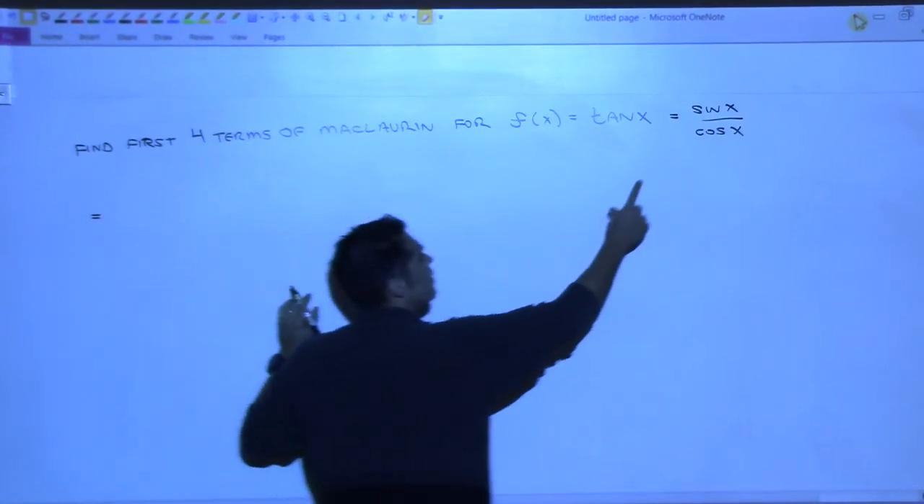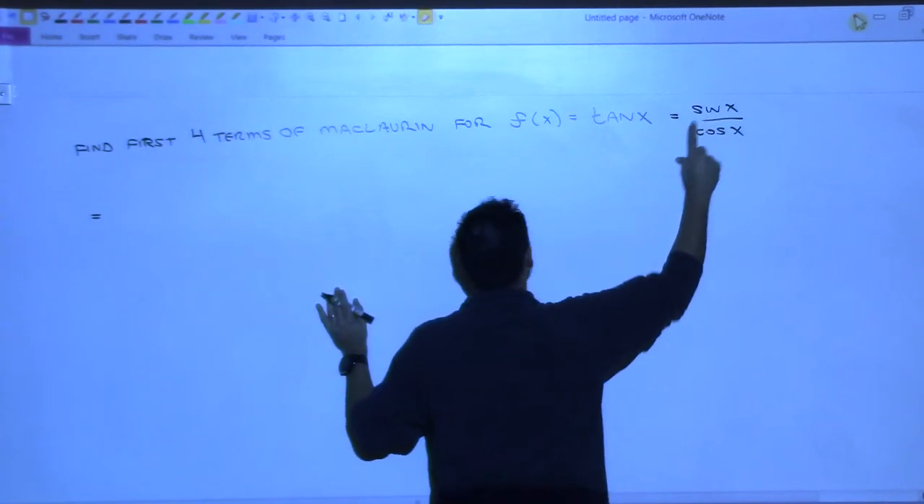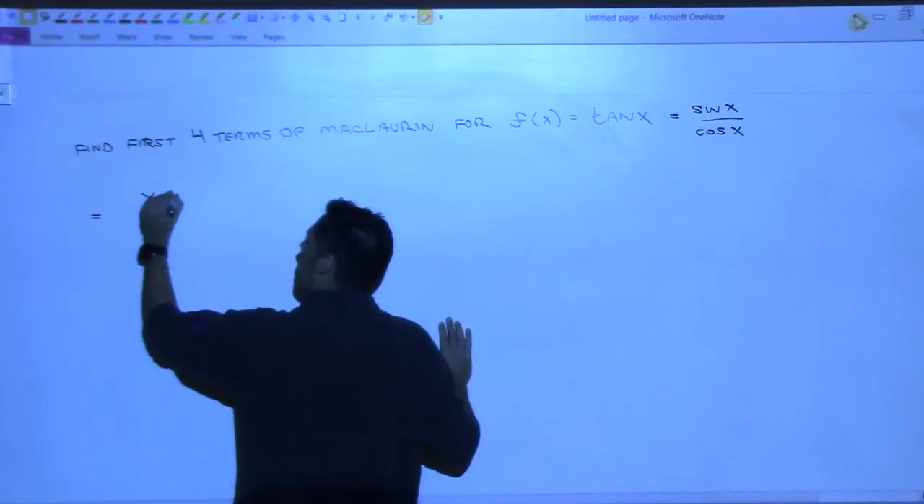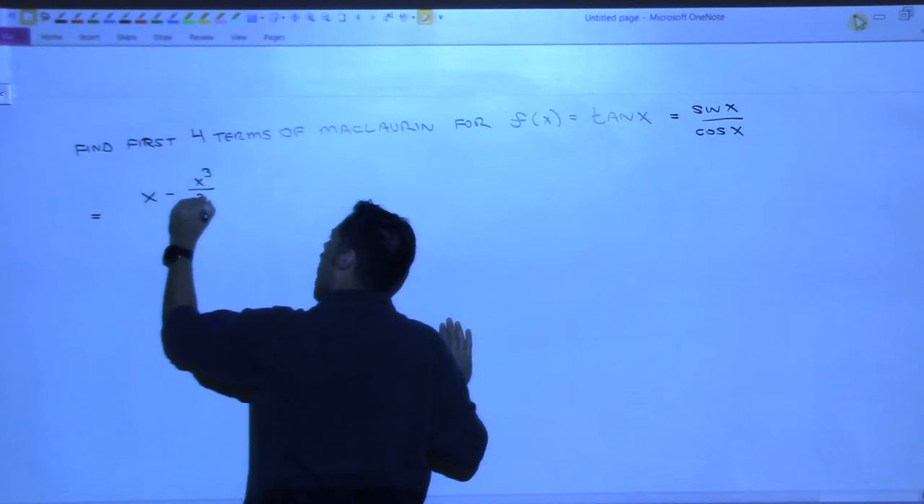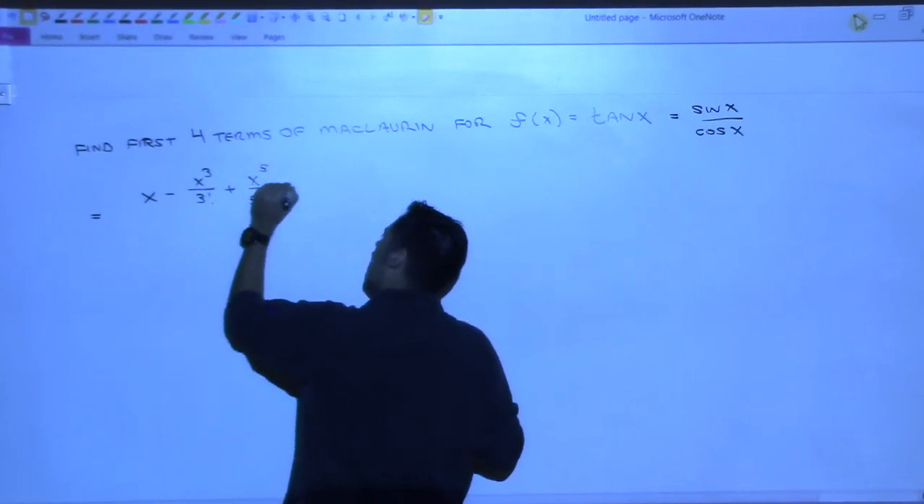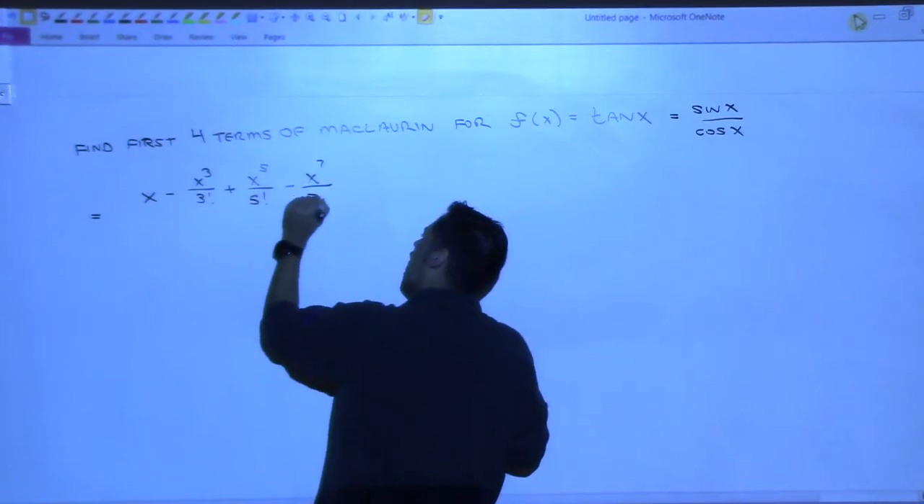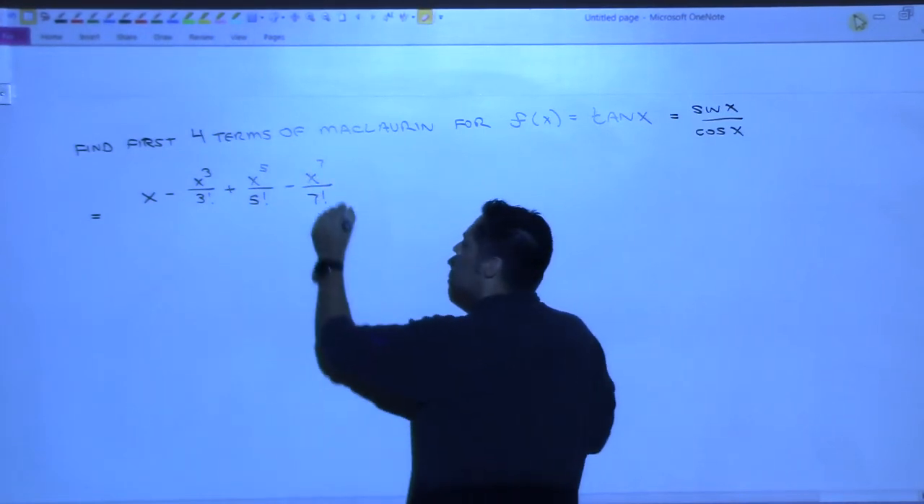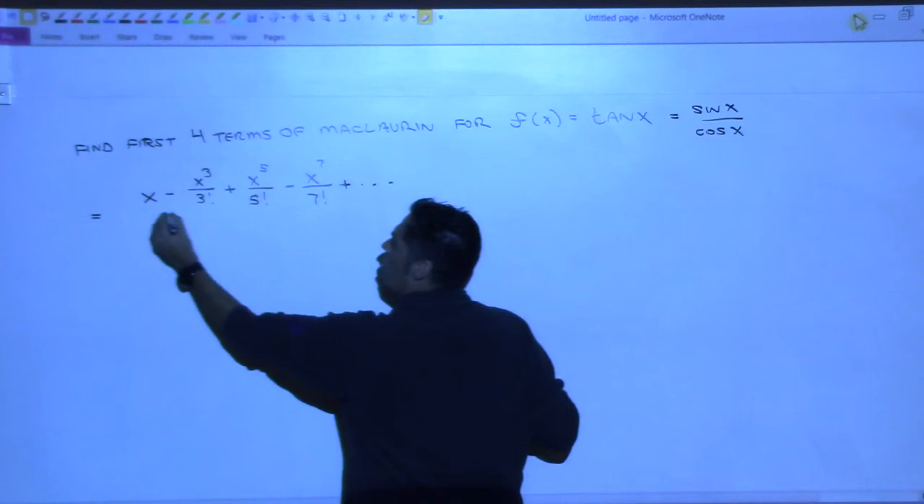No, just give me the first 4 terms of sine. It's x minus x cubed over 3 factorial plus x to the 5th over 5 factorial minus x to the 7th over 7 factorial. That good enough? Yeah. Plus dot, dot, dot, over